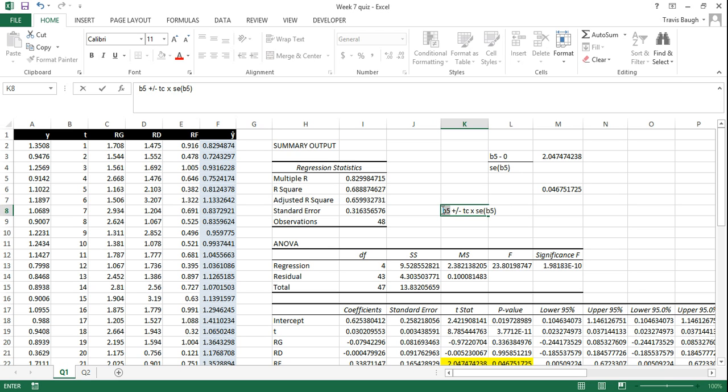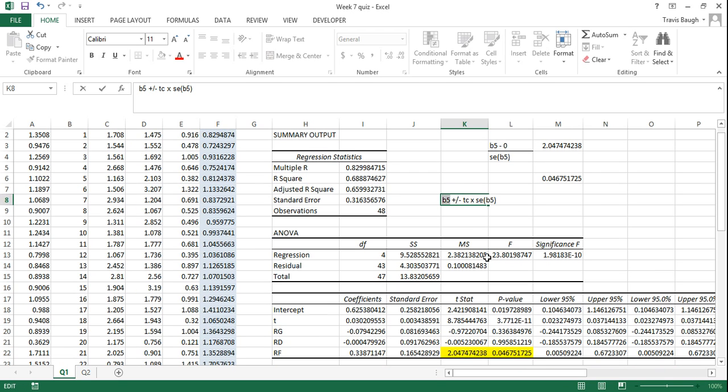Now we've got this directly below. It's this value. We've got the standard error of B5. It's this one below. So all we need to do to calculate this confidence interval is to find the critical value for a 99% confidence interval. Critical value means that we're wanting to go from a known probability to a value in the t-distribution. So that means we need to